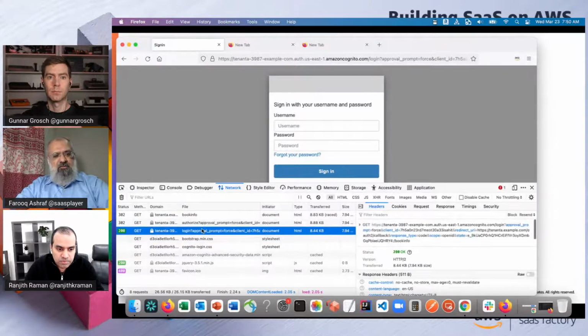It is passed through because my OAuth proxy has the client secret, and it is authorized to make this redirection call. So I'm being asked for my user ID and password. I will use my user ID.